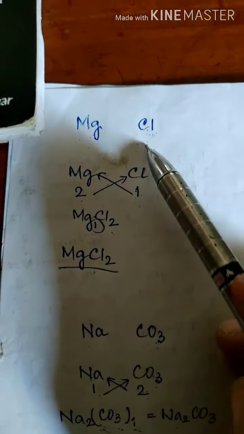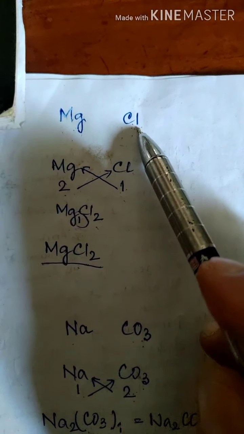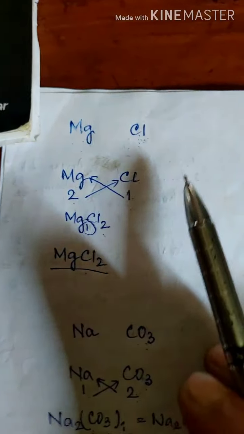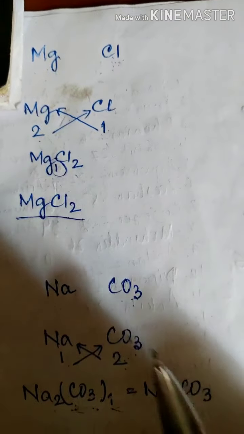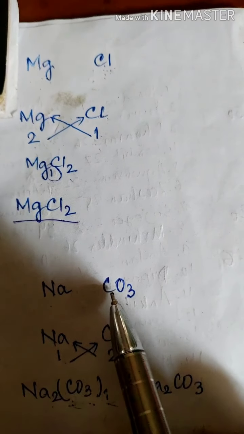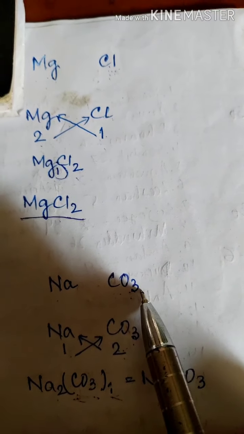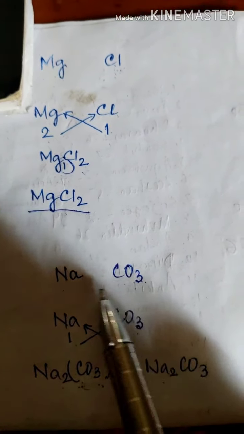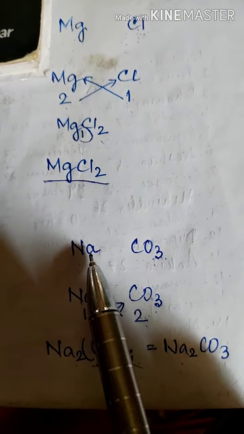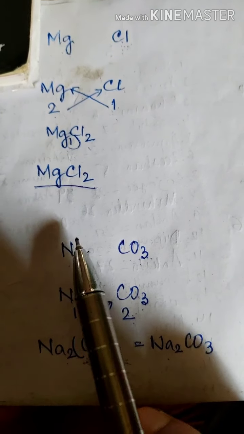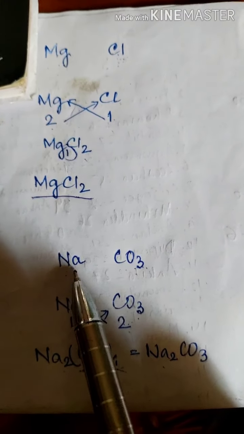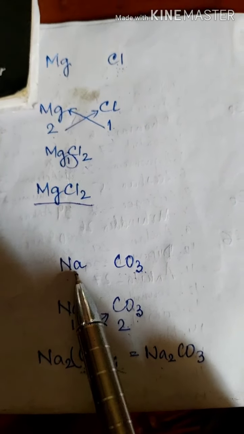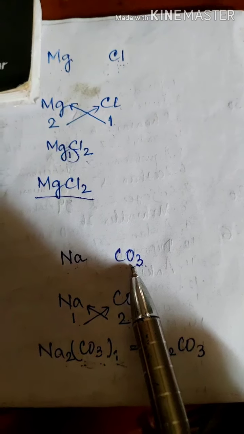Now this was an example where both the elements were having one atom. But if such a thing happens, one element having more than one atom together, just like this one, carbonate radical, this is called a radical, CO3. What will happen then? Now again, like the previous case, we have to write the symbol of the atoms, sodium and carbonate radical.